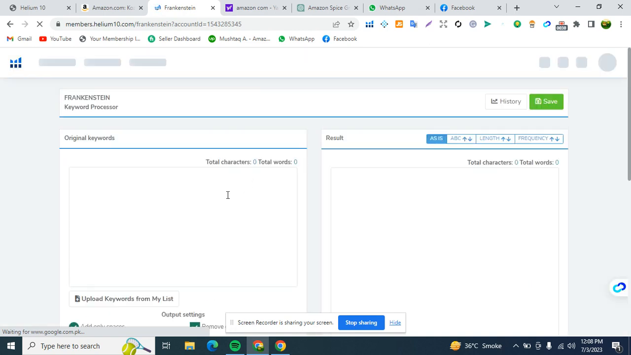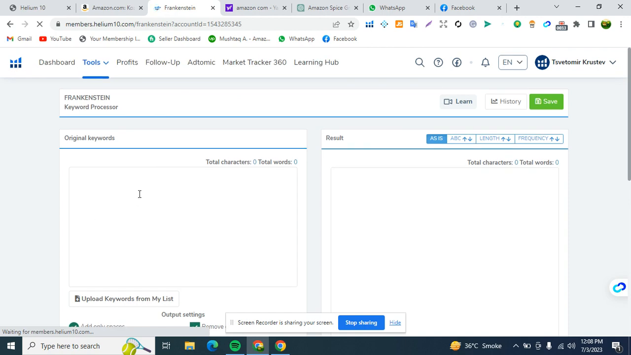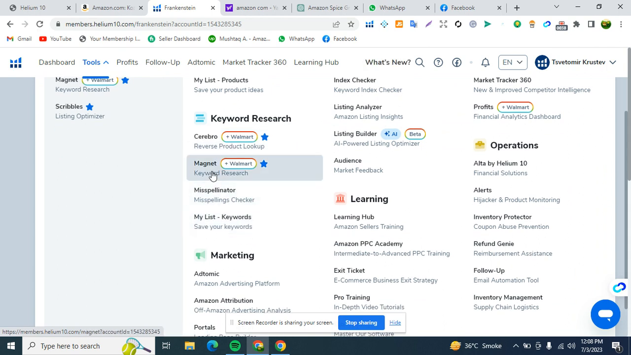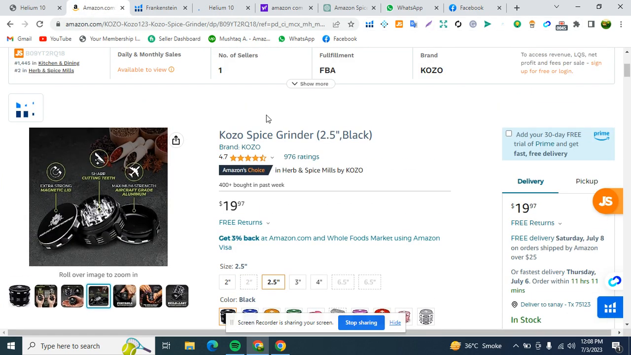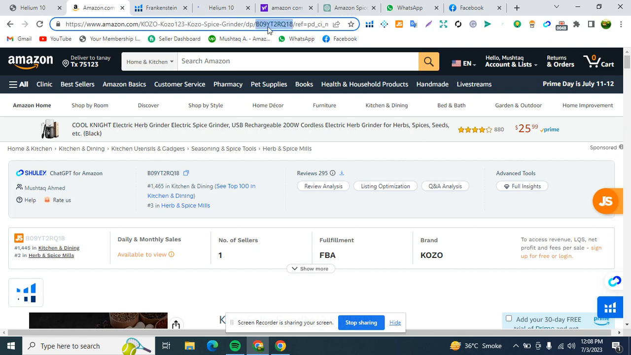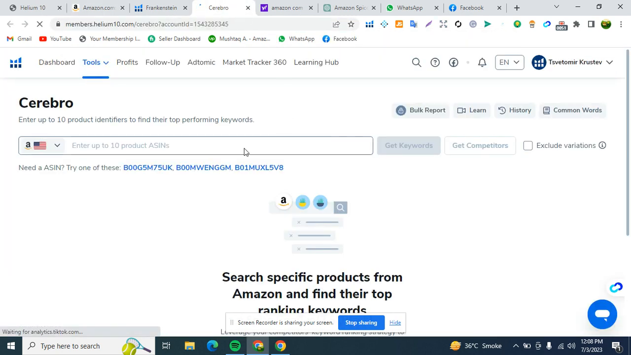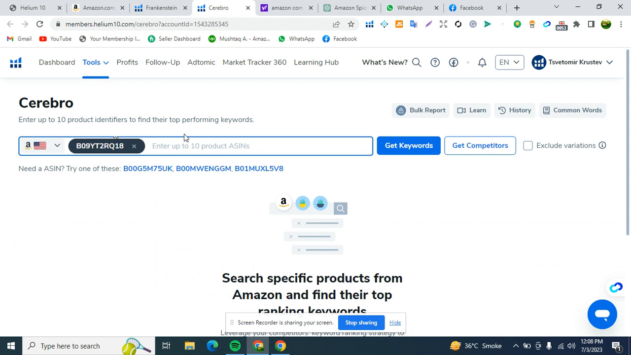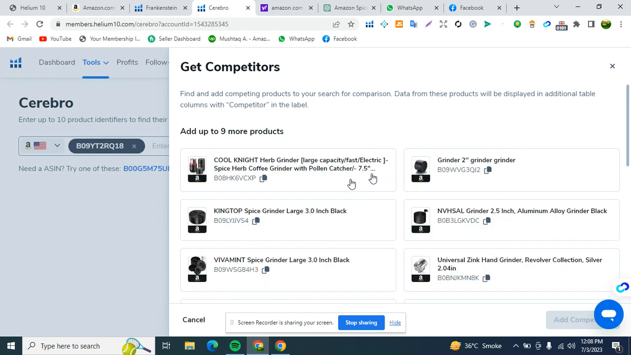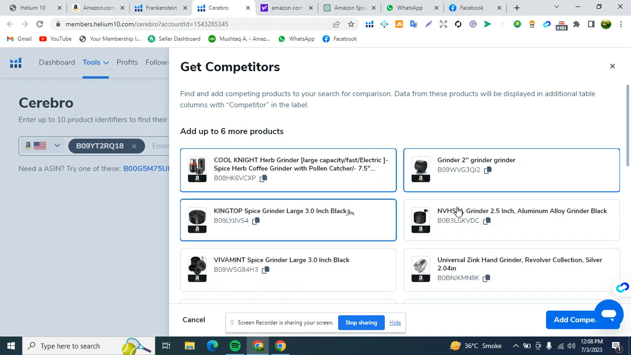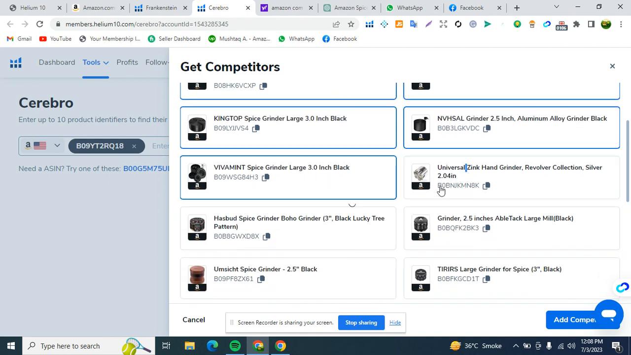Then you will see it looks like this. Okay, first we go back and use the Cerebro tool. We will get all keywords from our competitor. For example, this is our competitor and we can copy it and just paste it here, click on the search and get the competitor. We can add more competitors for this to add it in our